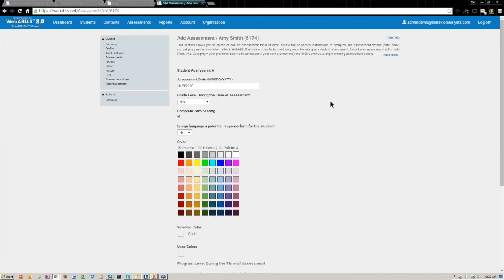And it comes to the Add Assessment screen. Once we fill this out and we save it, it's actually going to be renamed, the assessment details screen is what the name will be. You'll notice here the child's age has been converted based on the date of birth we put in.